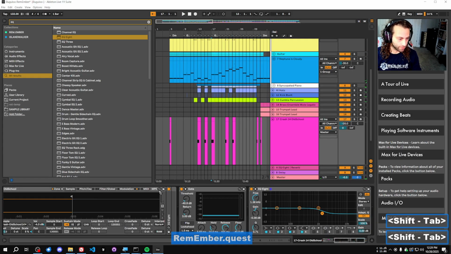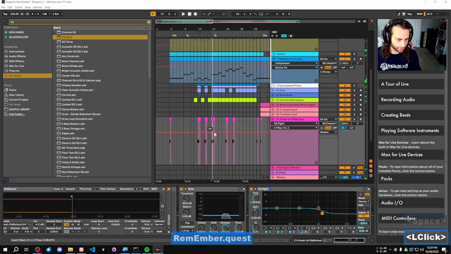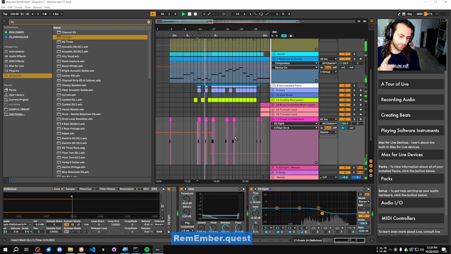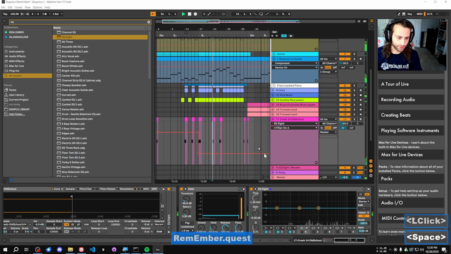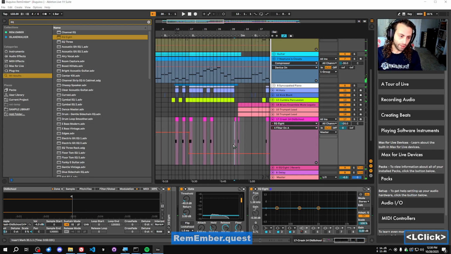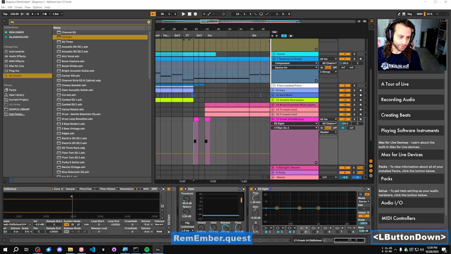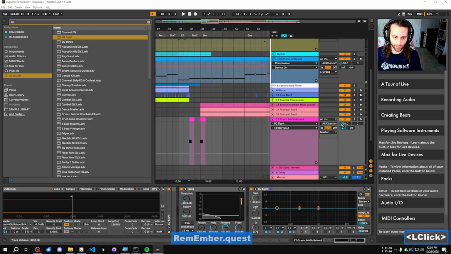So right here where everything comes in, I think that's where I'm going to automate this. That was right there. So this shelf that was pulling the high end out, I'm going to turn that off right here. So it's on, still on. Next time it's going to be off. So we bring more high end in, and it doesn't happen for a few bars. More high end. More high end, and then here it sounds like it's a different cymbal sample. I like that, but I think we need to bring the